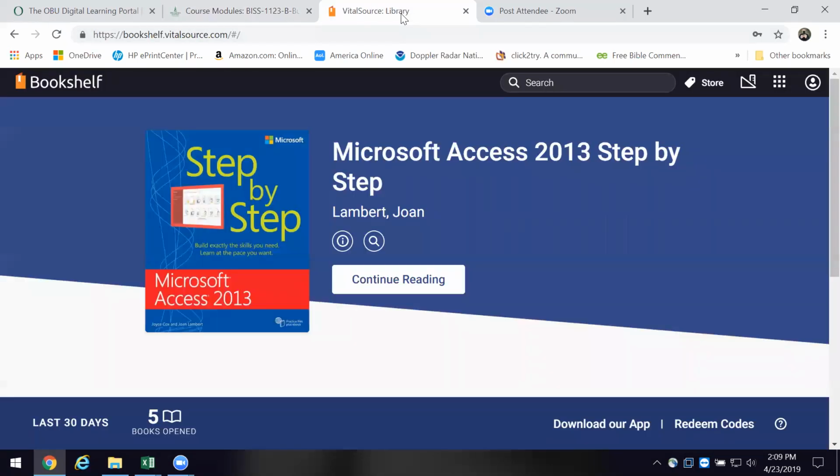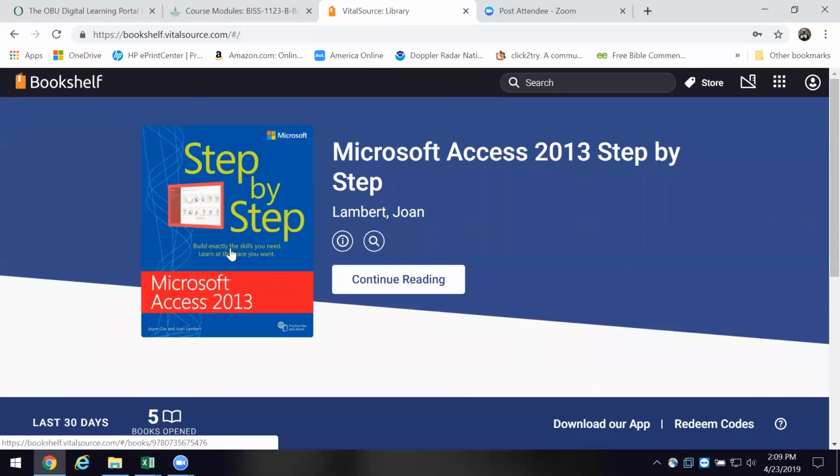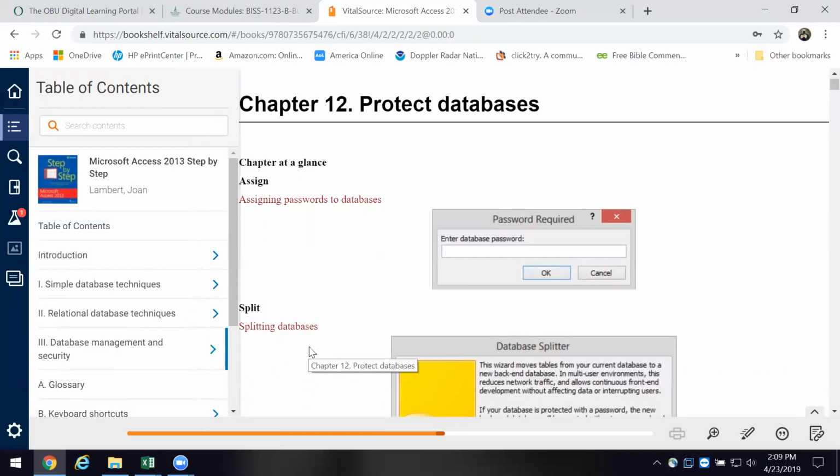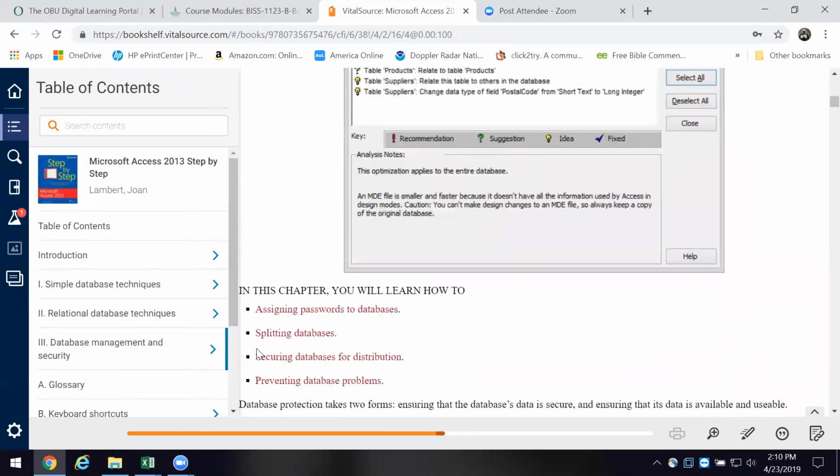In the same vein, this is the Lambert text. This is our database text. We'll open it up, and we're going to work on chapters 12 and 13. Chapter 12 and chapter 13 deal with maintenance and protection of your database, like using a password. They show us how to use a database splitter, okay? The files for those two chapters are going to be Garden Company 12 and Garden Company 13. And again, this will walk you through step by step